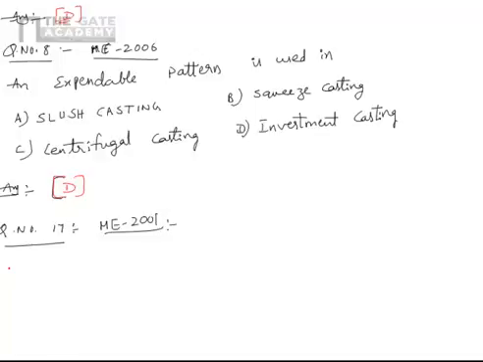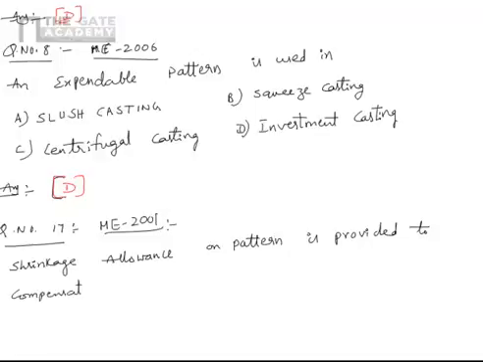Shrinkage allowance on a pattern is provided to compensate for shrinkage. When I read the options, I will not write them out, because every option is the same. So first option A is